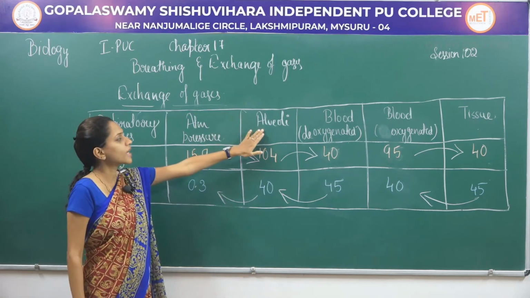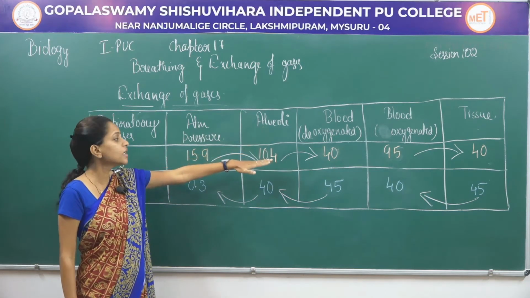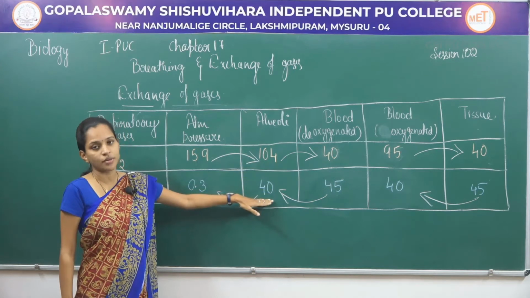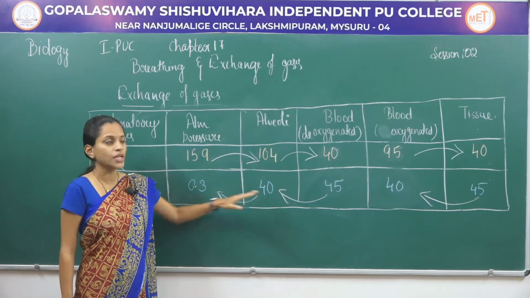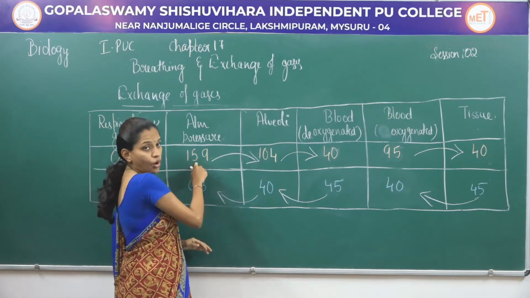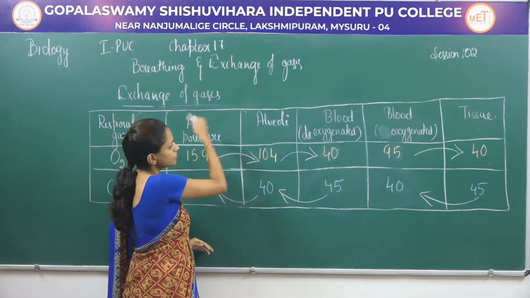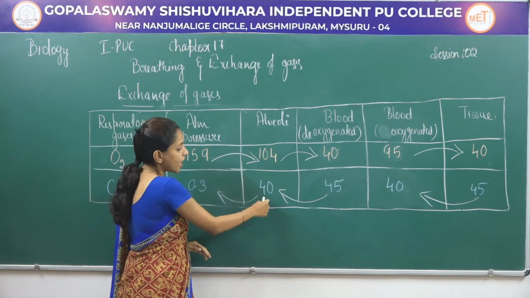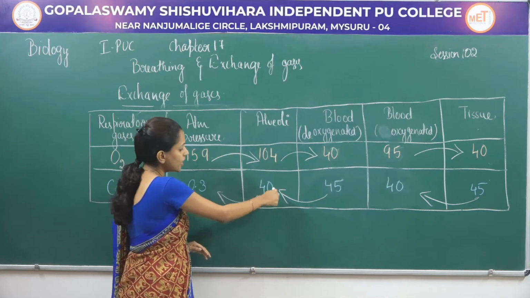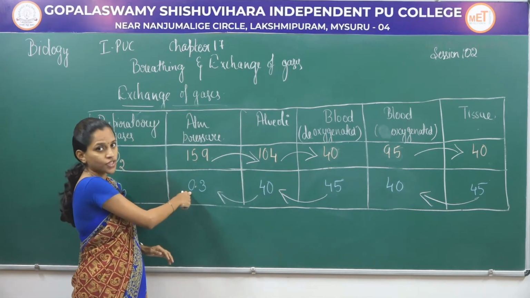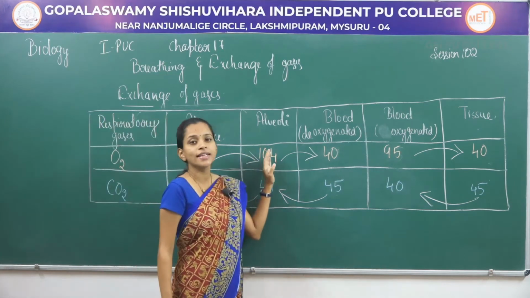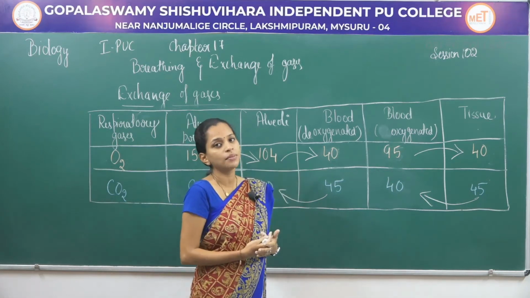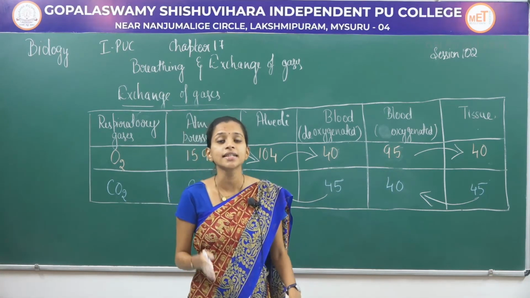But when it comes across the alveoli, the partial pressure of oxygen will be 104 and that of carbon dioxide will be 40. So the oxygen molecules from the atmosphere get exchanged with the alveoli and carbon dioxide from the alveoli moves into the atmosphere. Once the alveoli is having ample number of oxygen, it should get exchanged with the pulmonary capillaries which carries the